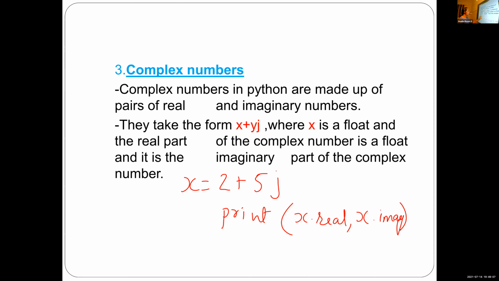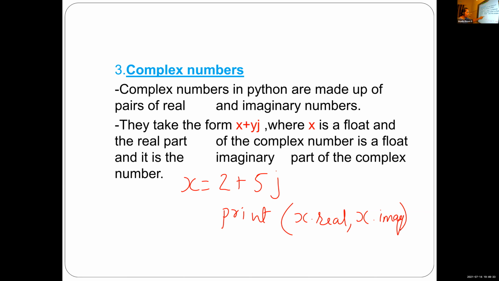That is the content of x, it is 2 plus 5j. So the name of 2 plus 5j is x. If I want to print 2, what is this 2? Aparna, what is this 2? Real number. Real value. So if you want to print 2, I will write print x dot real.